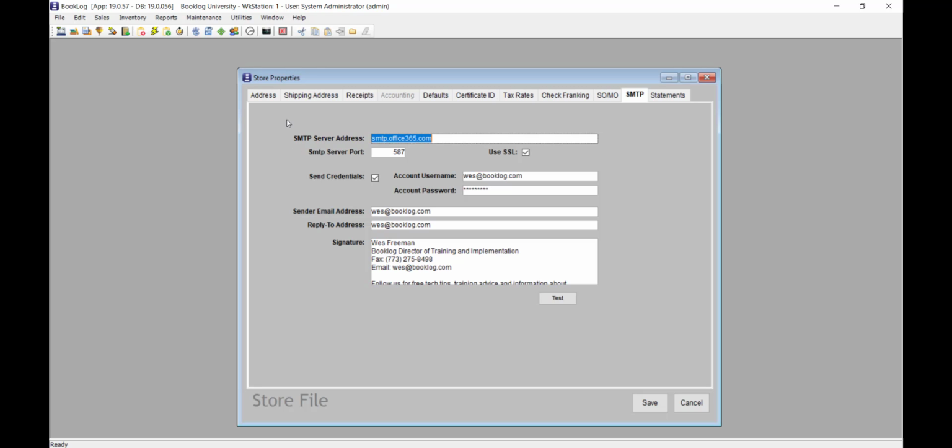If you're using a school email address, you'll need to get this information from the school's IT staff. Make sure to let the IT staff know you plan to use it for mass emails. There may be a restriction on the number of emails you can send out at one time before the school's network blocks the email. Once Booklog is able to successfully send an email test, you're ready to create a campaign